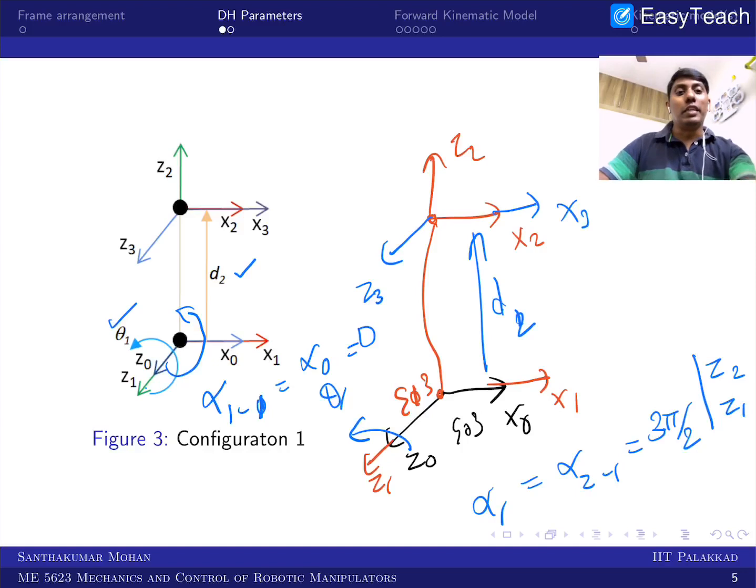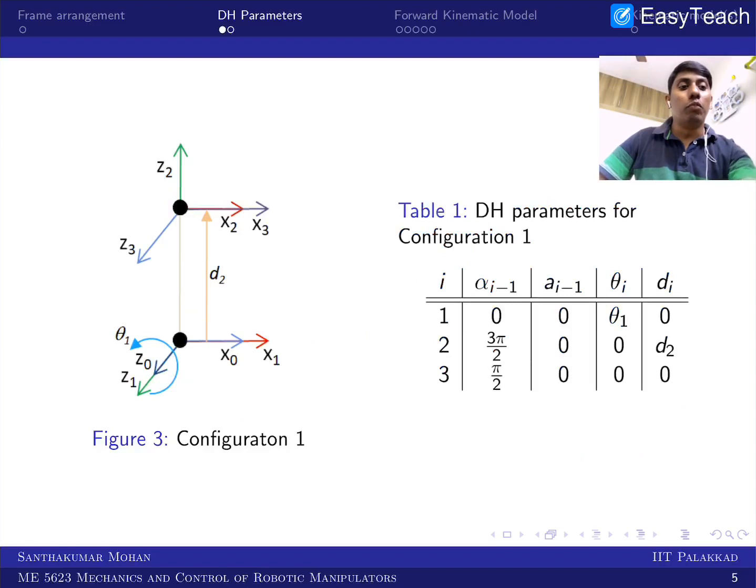So like that, you can see the final one, where x2 is the rotational direction, z2 to z3 is positive, in the sense alpha 2 is pi by 2, right? So that is the case. So we will move forward. You can see that alpha 1 is 3 pi by 2 and alpha 2 is 90 degrees.